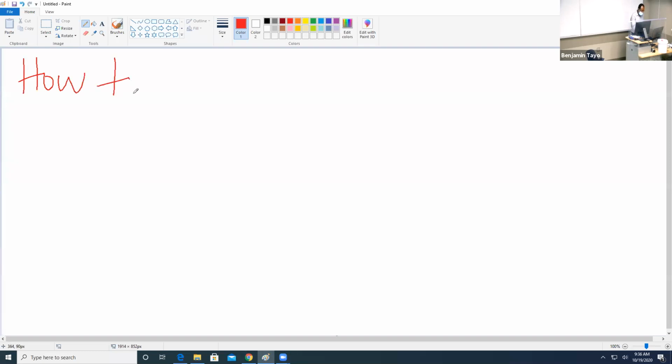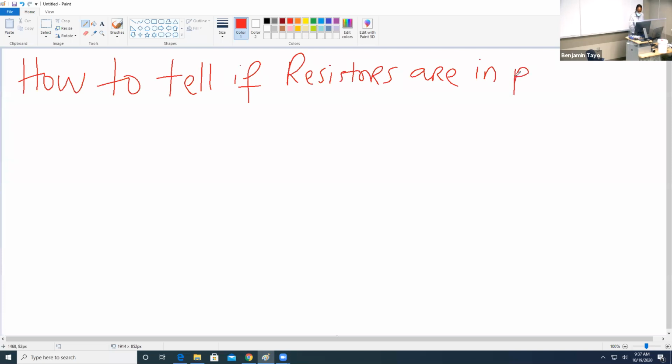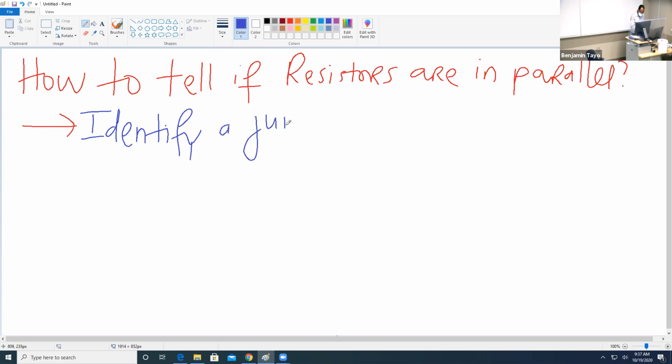Let me answer this question: how to tell if resistors are in parallel. This is very, very important. The main thing is that you need to be able to identify: is there a junction in the problem? A junction means that it's a point